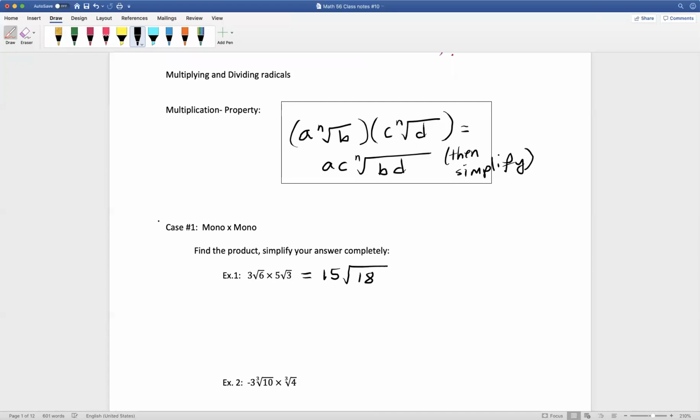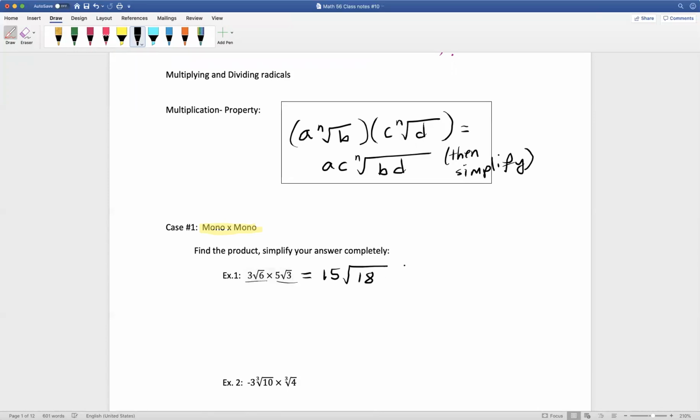Now, what I should mention is we're going to take a look at these on a case-by-case basis. Just like what we did with polynomials, we talked about how you multiply a monomial times a monomial. How do you multiply a monomial times a polynomial? How do you multiply a polynomial times a polynomial? We're going to handle multiplication of radicals in exactly the same way. They act a lot like polynomials in that fashion. So for the mono times mono case, when we do the initial multiplication, we get 15 times the square root